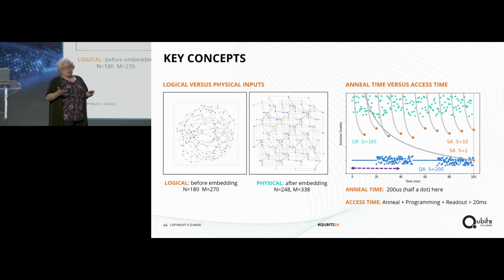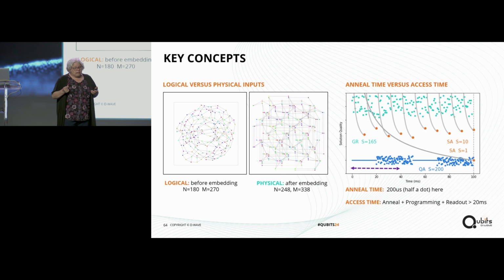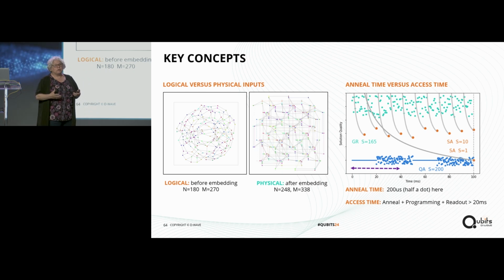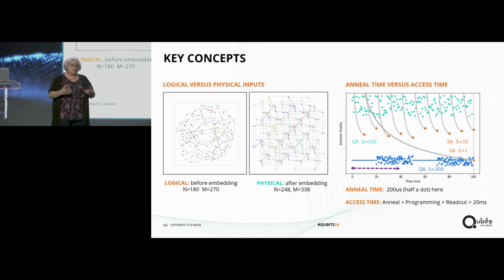In order to talk about that, let me explain two key concepts that are useful to understand. One is the notion of a logical input versus a physical input. The logical input, these QUBOs or the Ising model problems, are defined on graphs, and the logical input is the original graph. It's got some structure, and it's just a regular old graph. And that graph has to be mapped onto the hardware topology, the actual arrangement of qubits and couplers, in a process called minor embedding. And then you get a physical graph.